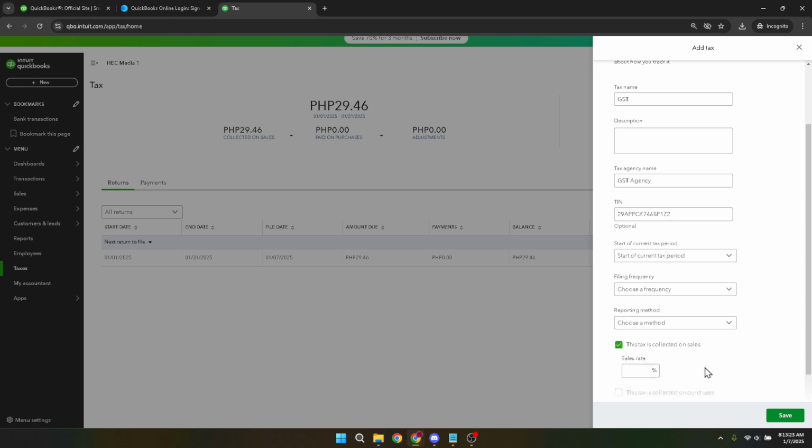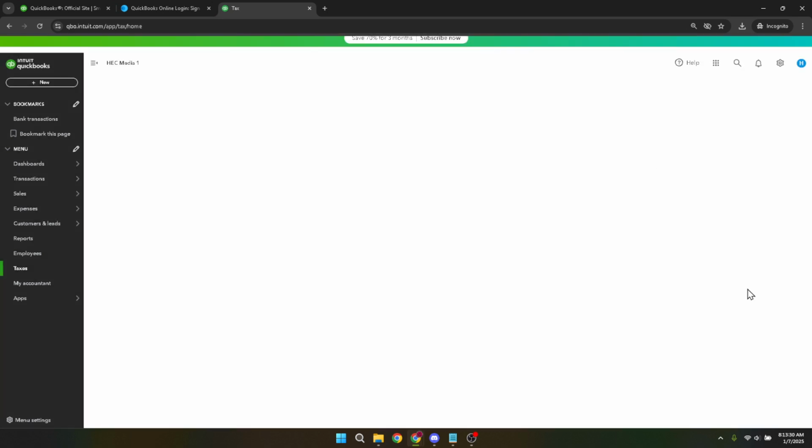And there you have it, your GST is now set up within QuickBooks Invoices. Remember, the main advantage of doing this is that every invoice you create from now on will automatically account for GST, saving you time and promoting consistency across your billing operations. While this process might seem daunting initially, with practice it becomes a streamlined and intuitive part of managing your finances. So keep this video handy, practice a few times, and soon adding GST to QuickBooks will be second nature.